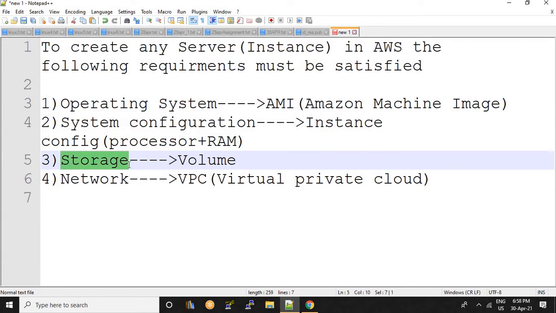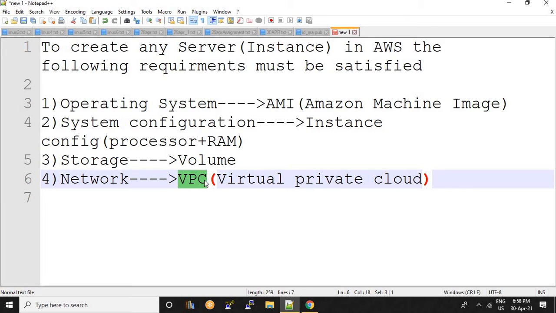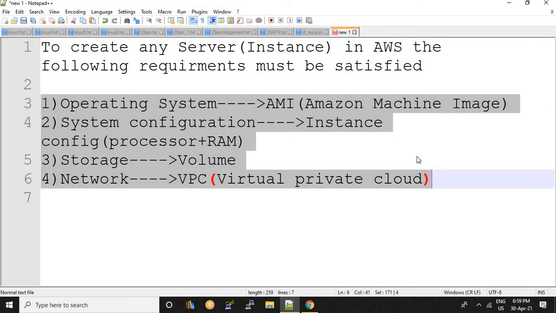Next, storage: in AWS terminology the storage is called a volume. And network, in AWS terminology we use VPC. VPC is nothing but virtual private cloud. So these are the main things to launch an instance.